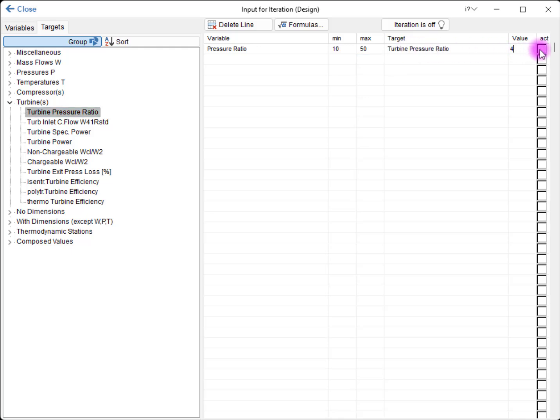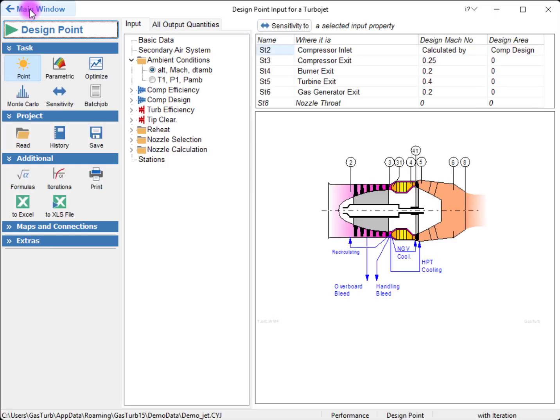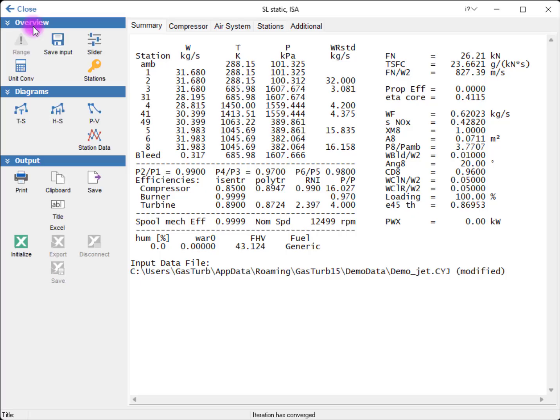Finally, we click the Activate box in order to include the iteration in the design point calculation. Multiple variables with their corresponding targets may be defined and run simultaneously. Now we close the Iterations editor and rerun the design point calculation.